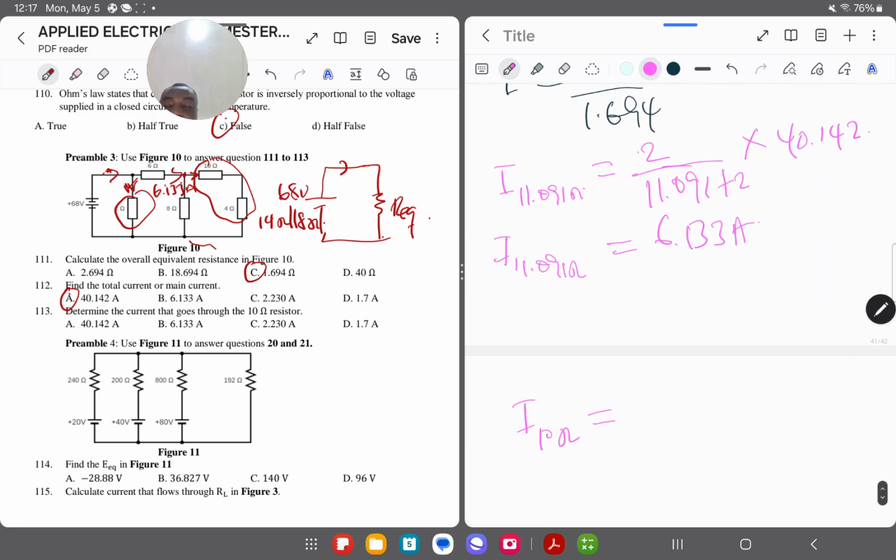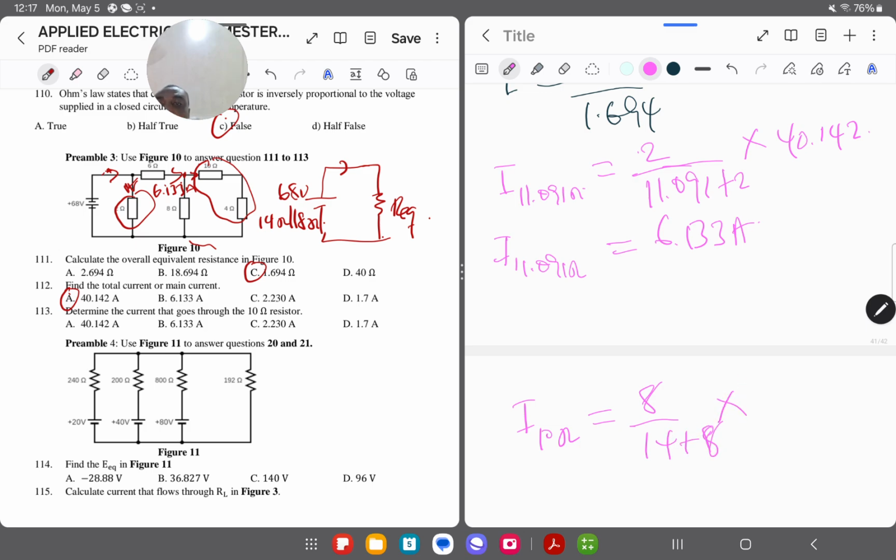So I have this. Since I'm interested in the current that is passing through the 10 ohms, we take the other resistor, which is 8, over the sum of resistors in parallel. Remember, here is in parallel with 14, the sum of 10 and 4 here, so 14 plus 8